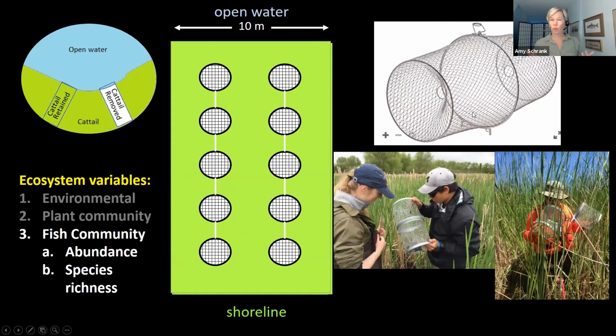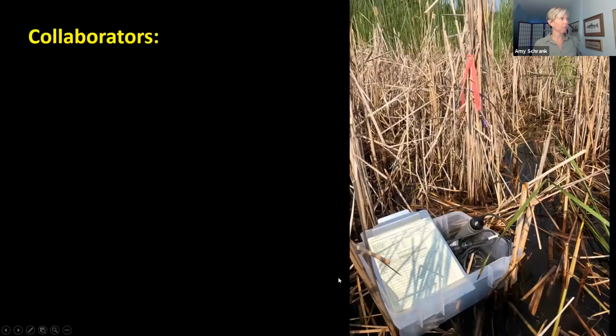One thing that's really important when you're using minnow traps is to leave them out over at least 10 days. So our sampling period for fish is 10 days. Fish are really patchy in the environment, right? You can put out your minnow trap one day and get 0 and another day get 100. So we found that 10 days really allows us to sort of get a good picture of what's there and collect any rare species that might be in the area. So that's how we're collecting fish. And that's what our crews did this past summer.